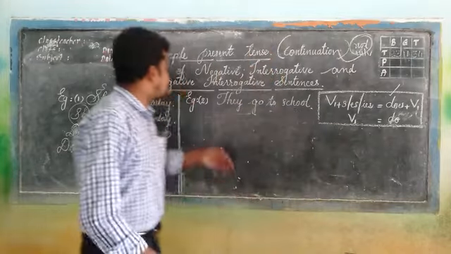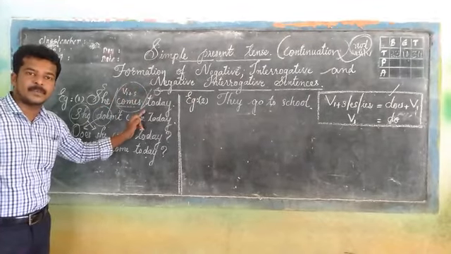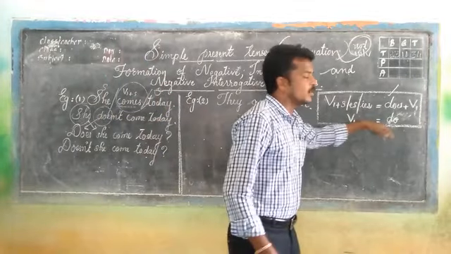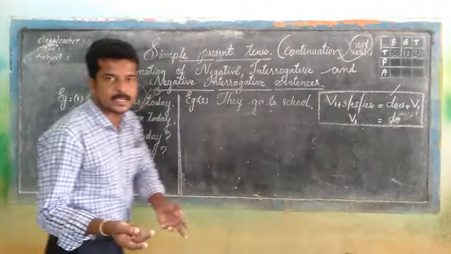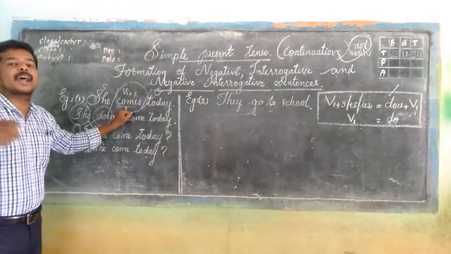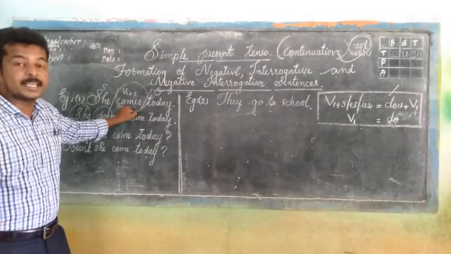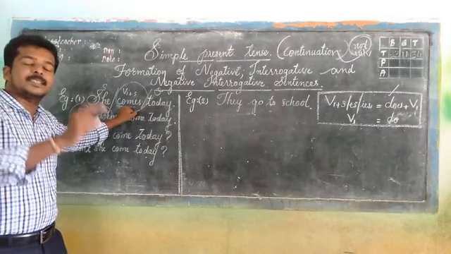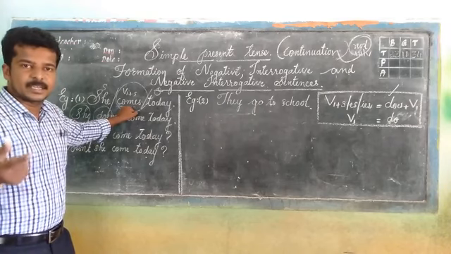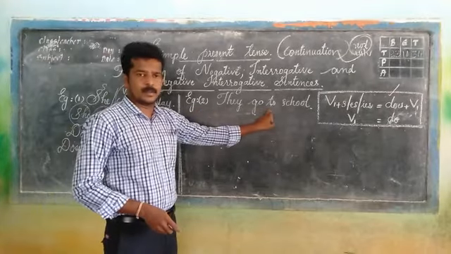And in this sentence, she comes today, the problem is that there is no direct helping verb. Even though we can make use of does to make negative and interrogative sentences because the verb ends with es. Always try to identify the verb in the given sentence so that you can easily understand the tense and you can easily change the sentence to negative and interrogative sentences. Hope you understand.